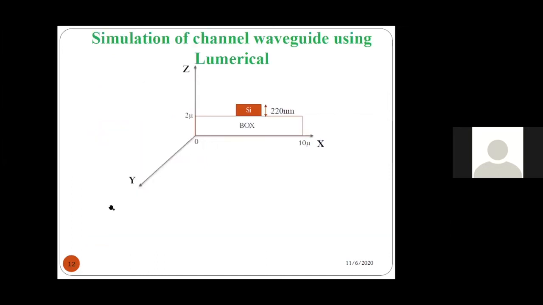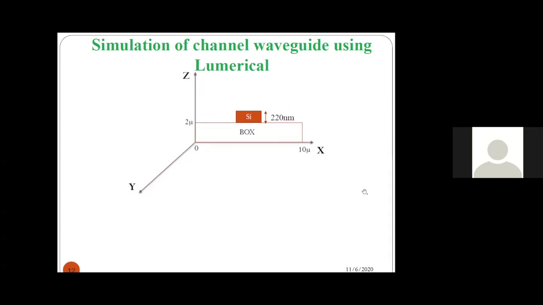You should know these coordinates. X is the width, and you can see I have taken the width as 0 to 10 micrometer. The height is 0 to 2 micrometer, and in the propagating direction the depth can be anything. You can extend this depth depending on the length of the waveguide that is designed. This is just one two-dimensional layout of this simple silicon waveguide. Now let me present.